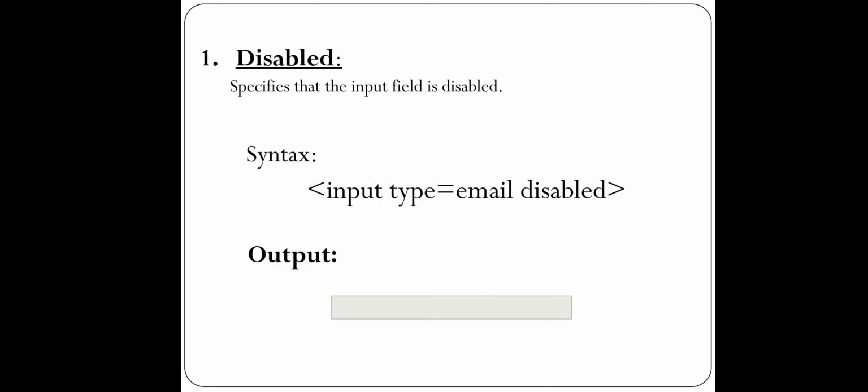And if you can see in the below output, it is shown in gray. So you cannot click on it. It is not clickable. You cannot make any changes. Means no activity can be done on it. So why? Because it is disabled. It might happen that some control you want to keep disabled, means the user should not control it. So such controls or elements of a form you can keep disabled, means the user cannot perform any activity on the same control. Right? So moving on to the next attribute.